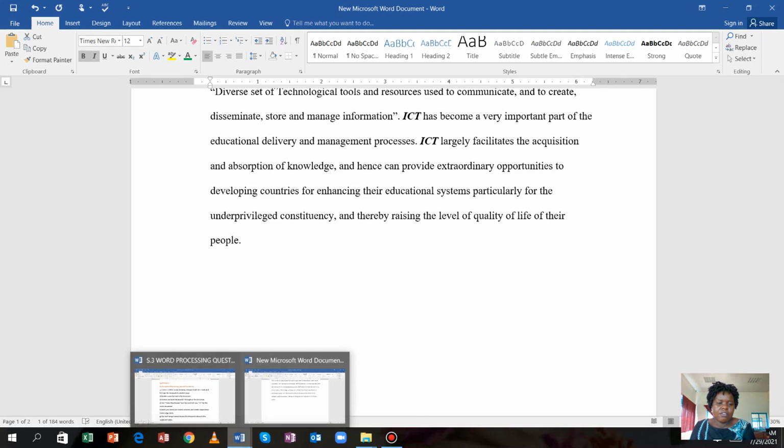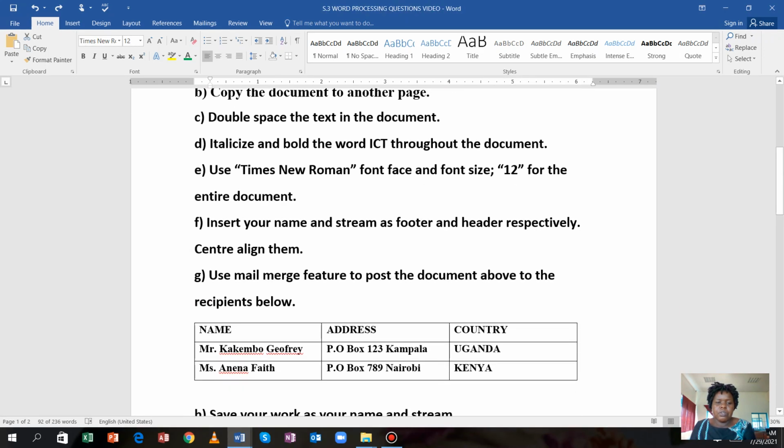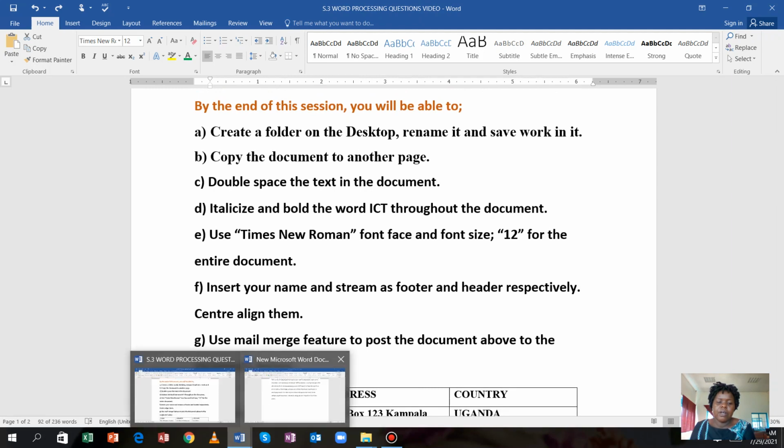Then the next instruction is we are going to use Times New Roman as the font face. Font face is the same as the font style or the kind of handwriting that you're using in your document. So we shall use Times New Roman, then font size 12 for the entire document, meaning we are going to